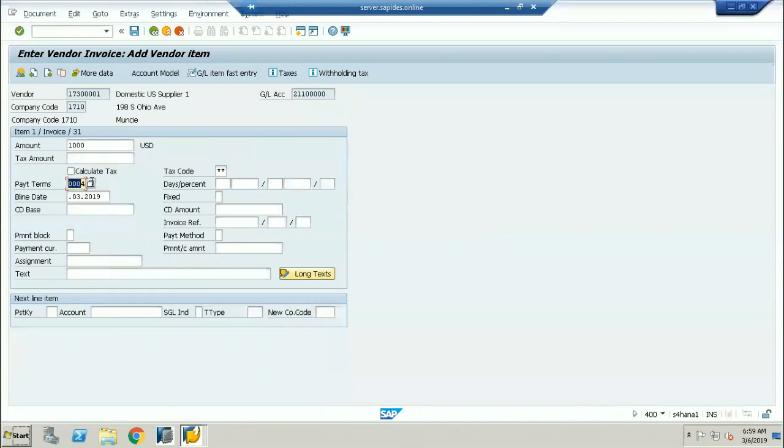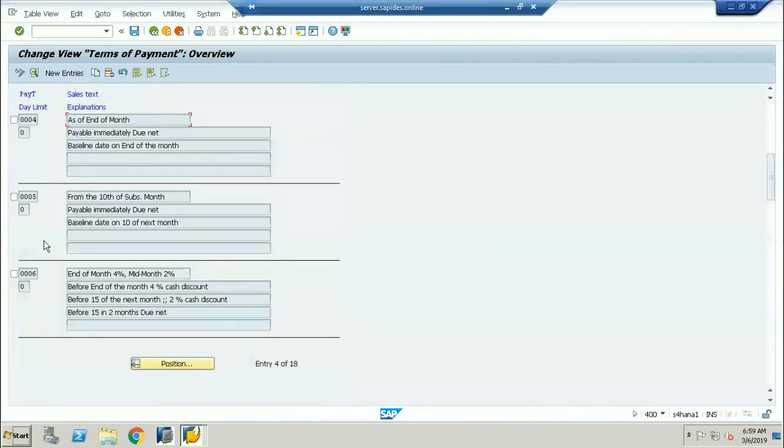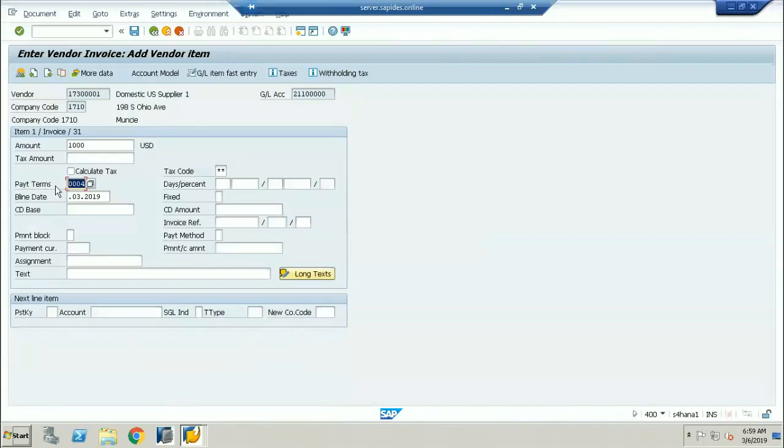Now you may ask me a question: how did it get defaulted? There are several payment terms you are showing here. Why is the system only taking this particular payment term?